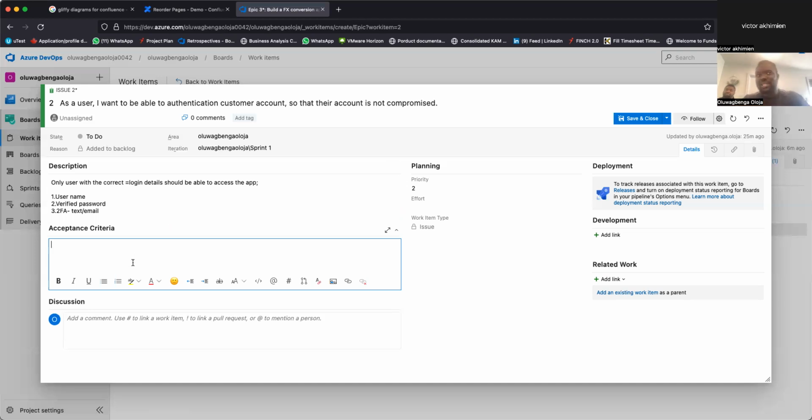Some people might implement an app and not put 2FA, right? But for extra security, we know that there's a lot of data breach in Australia now, so that they don't come and breach us. We'd be in the news, we suffer reputational damage. Let us add 2FA. It's an extra form of security.